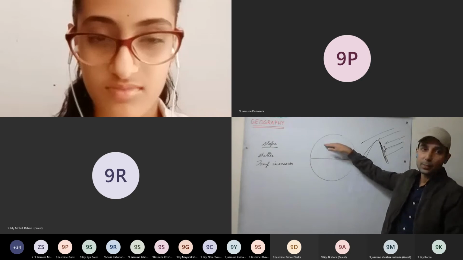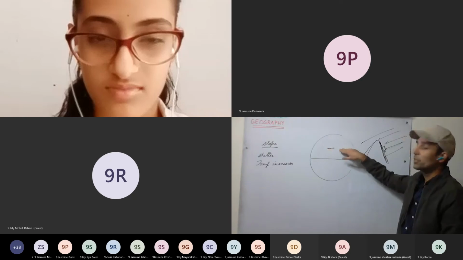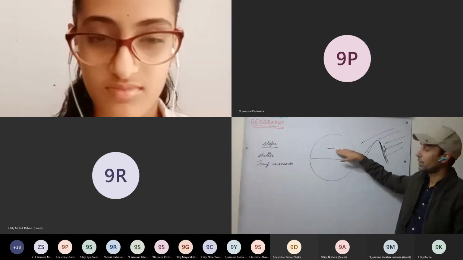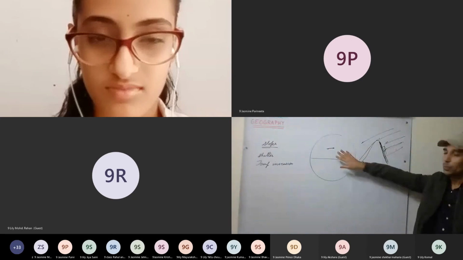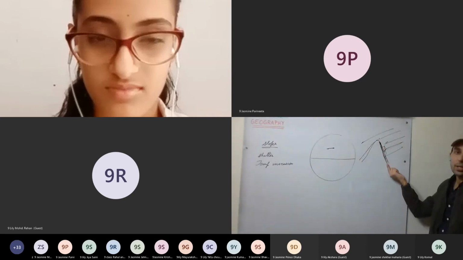So mainly in the northern hemisphere, on the mountains which are east to west aligned, the slopes which are south facing are more sunny. More sunlight is reaching the south slope as compared to the north slope. Therefore, most of the vine cultivation is done on the south slope. And most of the settlements, that is, people living here, are on the south slope as compared to the north slope. Okay, this is clear.